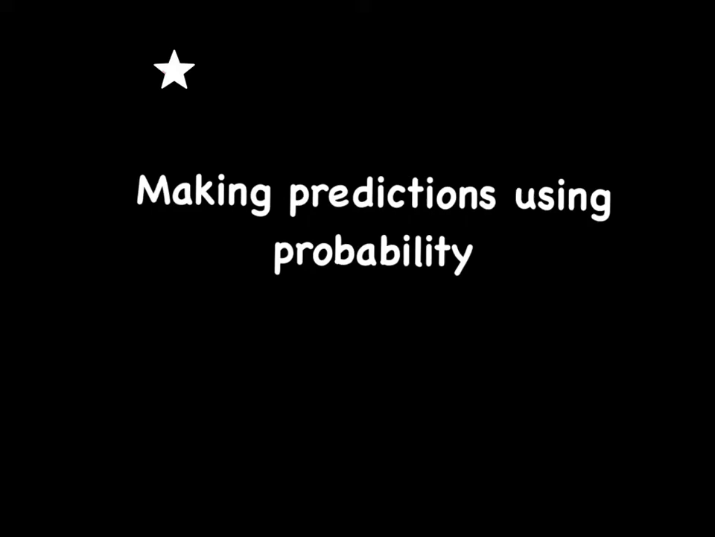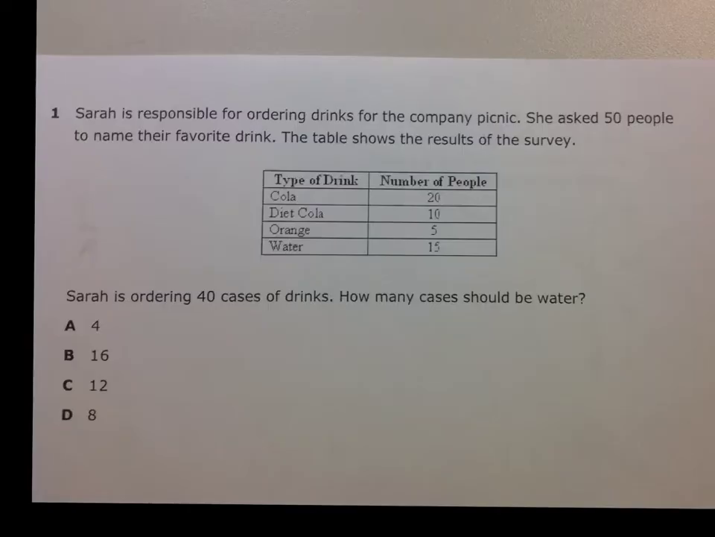Let's get started. We're going to look at number 1. Number 1 says Sarah's responsible for ordering drinks for the company picnic. She asked 50 people to name their favorite drink. The table shows the results of the survey. Sarah is ordering 40 cases of drinks. How many cases should be water? Well,